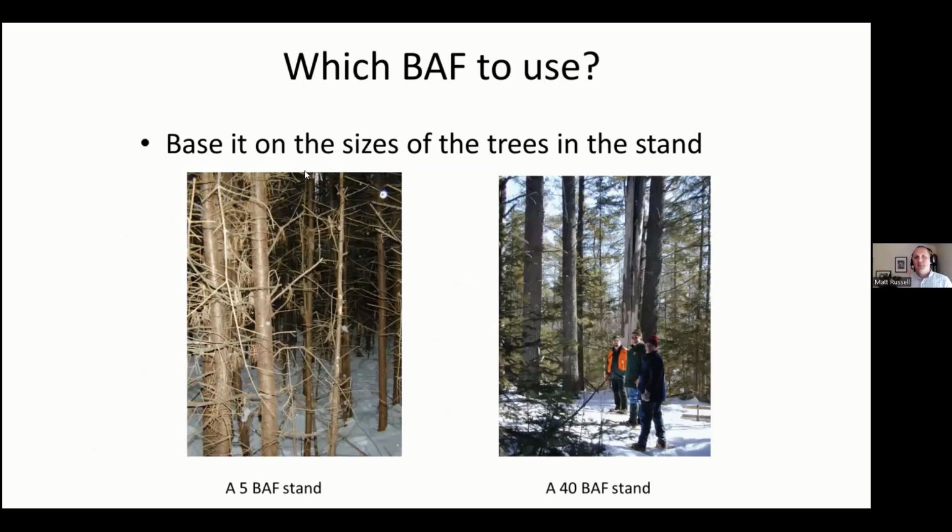So there are different basal area factors to use. A BAF is a basal area factor, and these are in English units. Again, my apologies for that, but you choose a different size prism based on the size of the trees in your stand. If you have a really small stand, like this stand going through severe self-thinning, where all the trees are less than 10 centimeters, probably less than 5 centimeters, you want to use a very small BAF because you don't want to use a big one that will count all of these small trees.